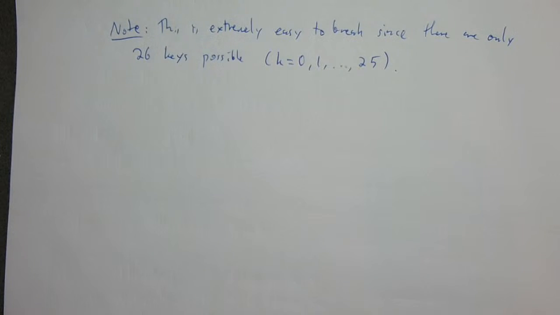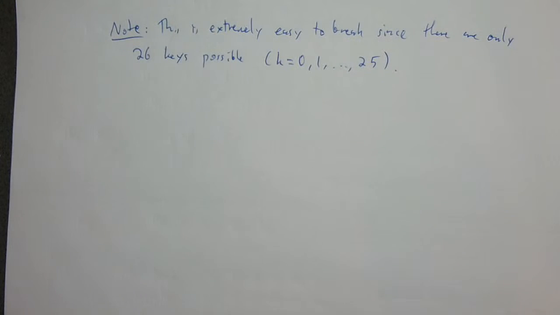So the idea is you could just exhaust all the possibilities. When the number of keys is very small, you could just check all of them. So that's why this is bad. Someone who really felt like it could just check all 26 keys to break your